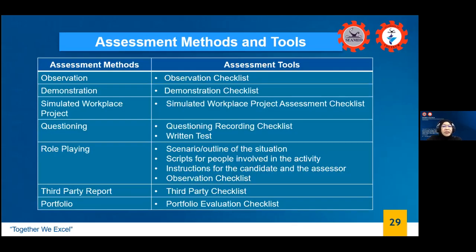Right. So is this clear with you, everyone? This is not just prior to us going to the written test. I would like you to have an idea that there are many methods of assessments and many tools we use. So at least you have an idea what they are. But these are not the focus of our training program. Our focus is here on the written test. Okay? Is that clear?